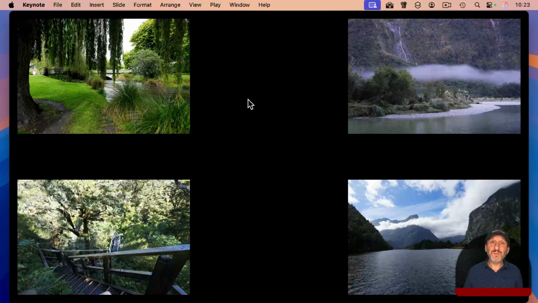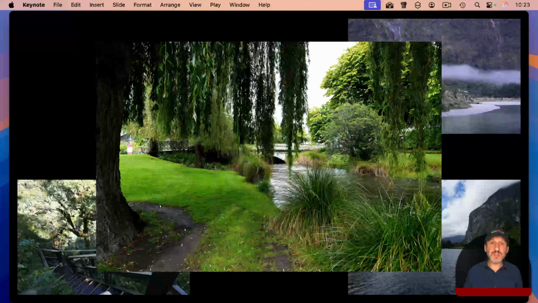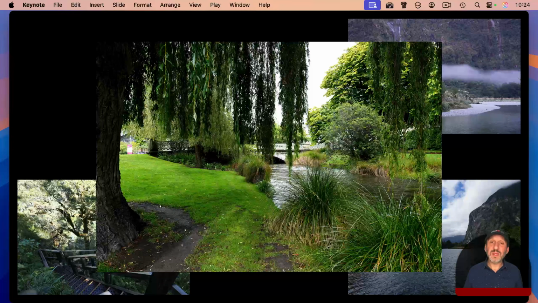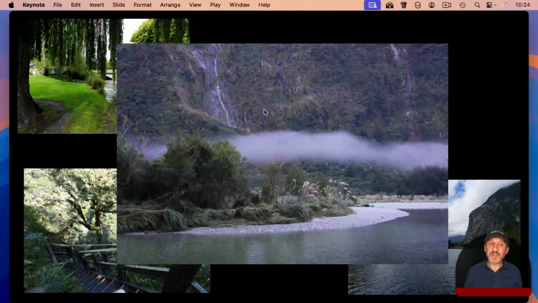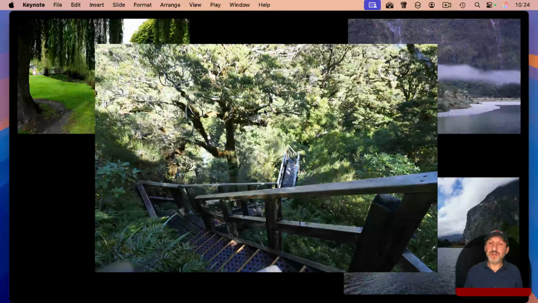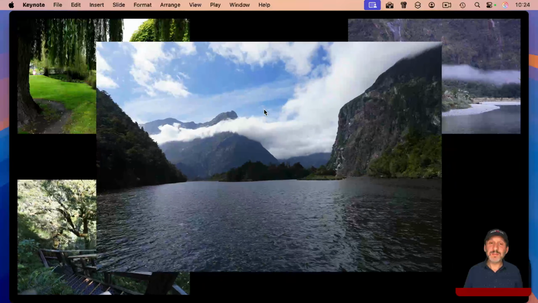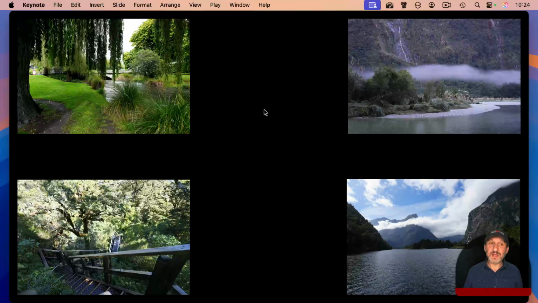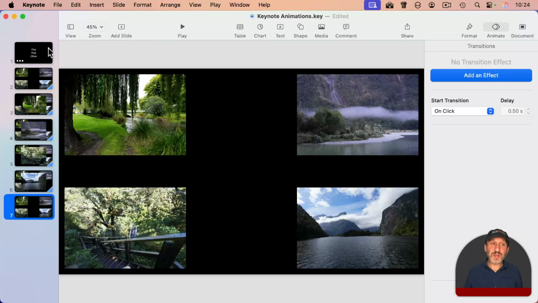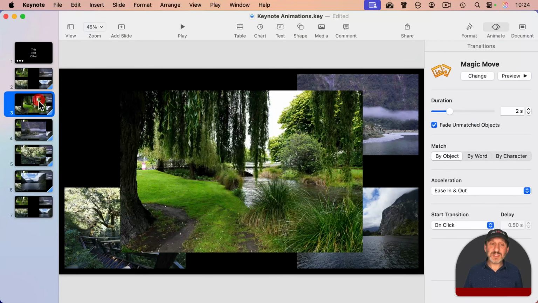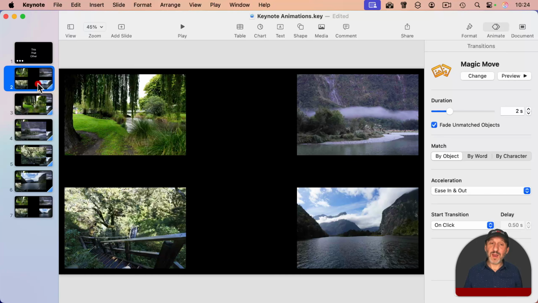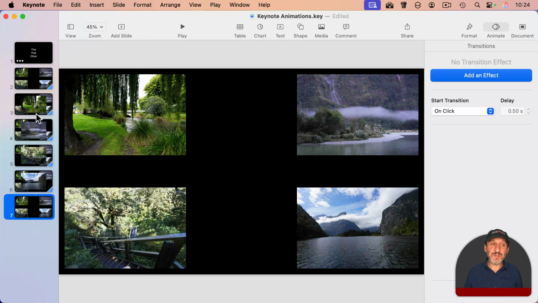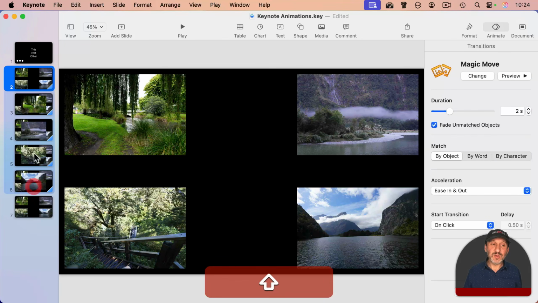I start here, magic move will then bring this one to the center and enlarge it. Then the next one will shrink this and bring the next one to the front. And so on, like that. And then even the last one. So I've created this pretty complex set of animations just by setting up these slides like I want. The 4 here and then the start and the end are the same, and adding magic move to the first